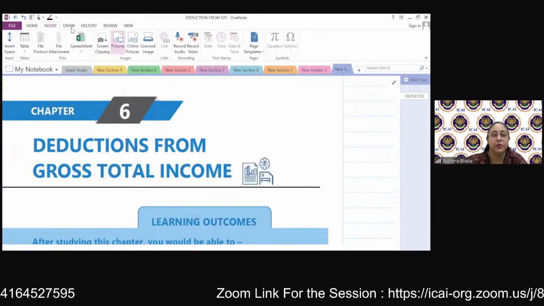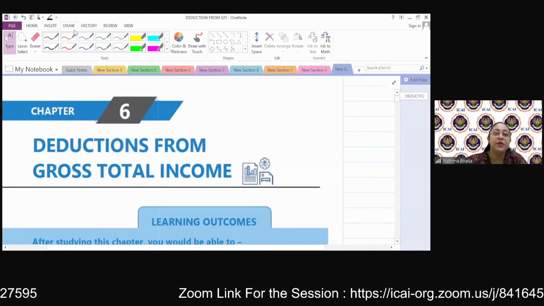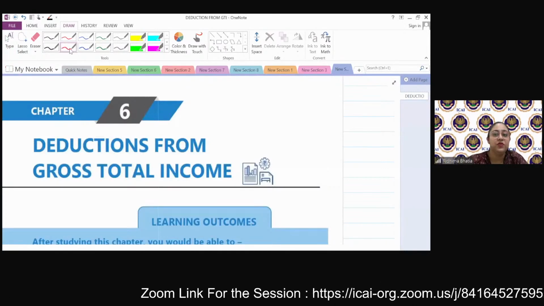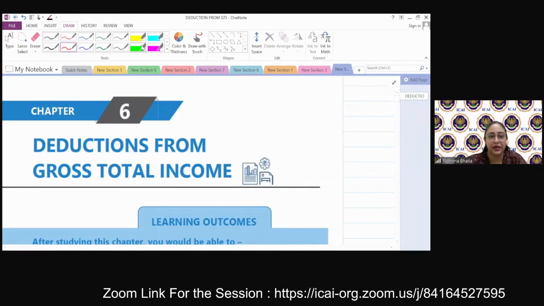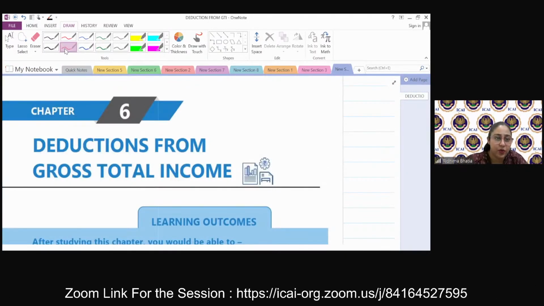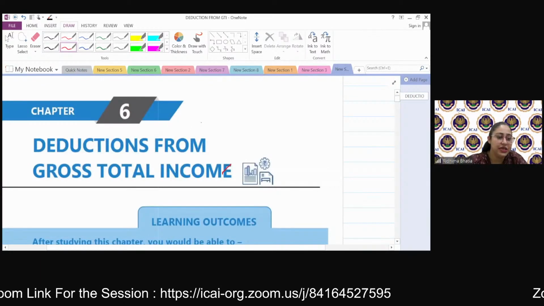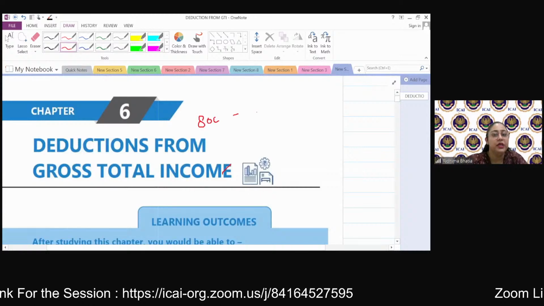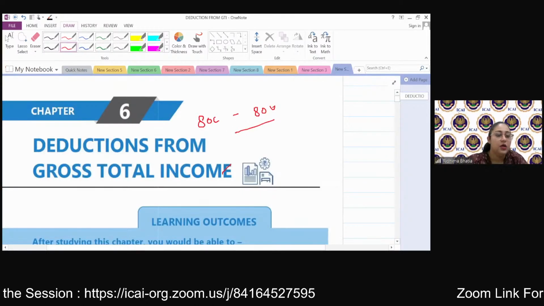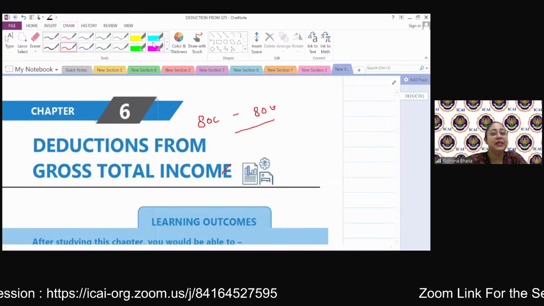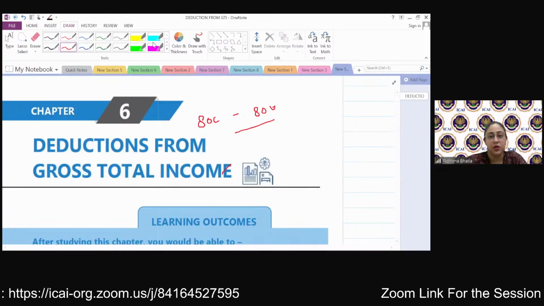deductions from gross total income, GTI, which is covered under Chapter 6A, not Chapter 6A of the book, but Chapter 6A of the Income Tax Act, where these particular deductions from section 80C to 80U are covered, number one. Number two, you have to remember is that there is no,